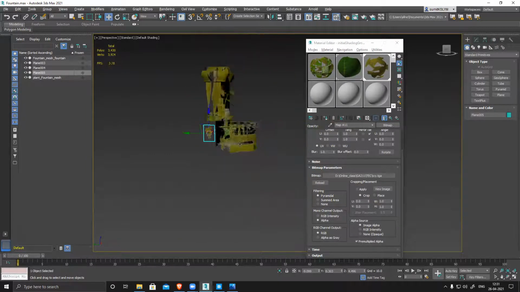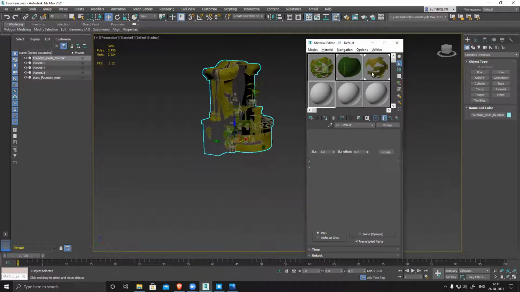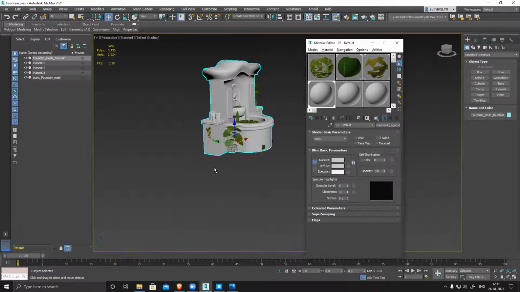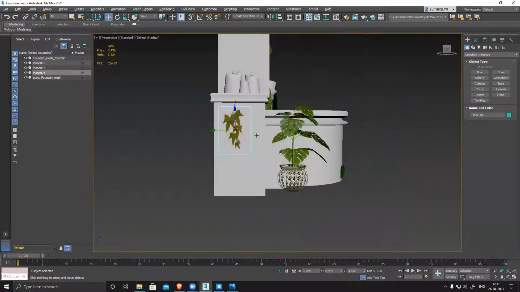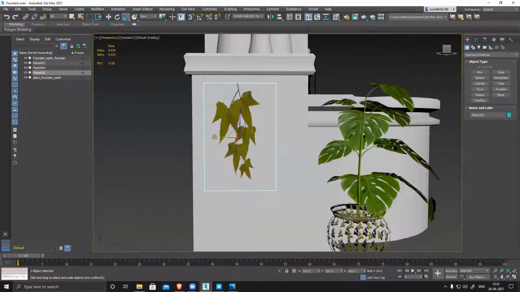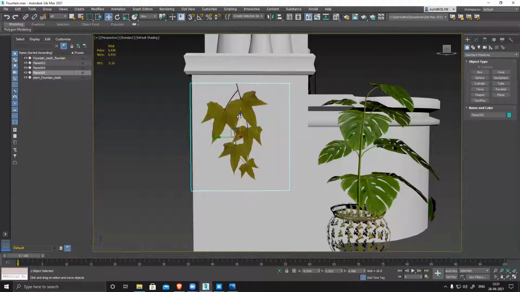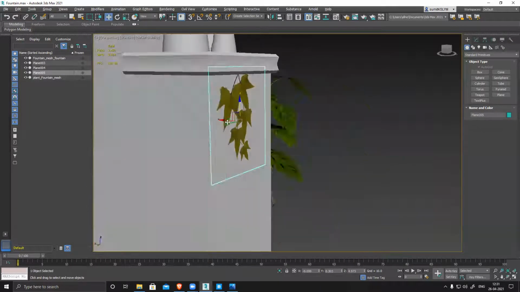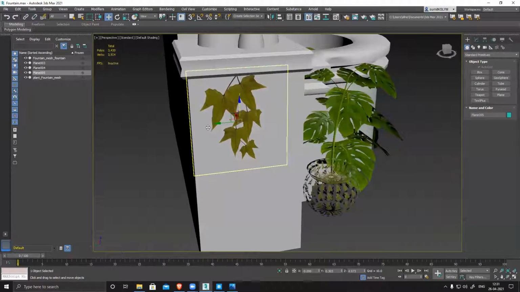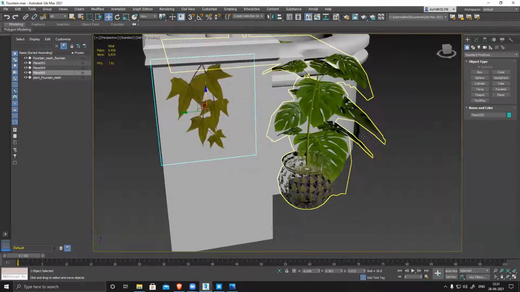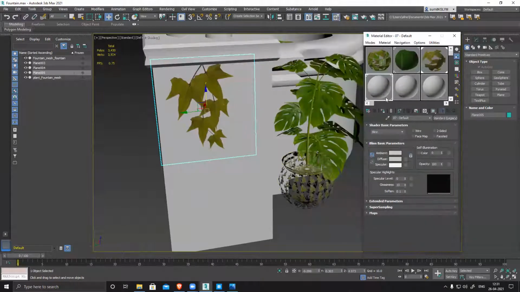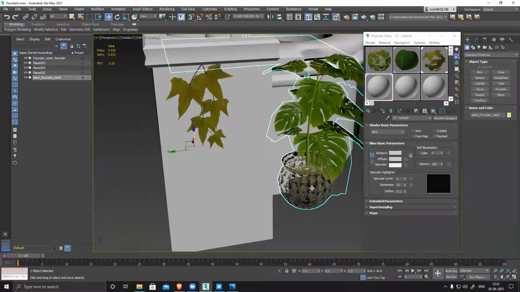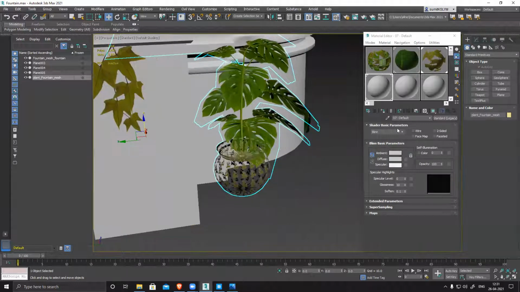So what happened here, you can see my base body has the same map applied. So I need to change it. Now I have this one. Scale it according to the alpha. So the clay pot is still not visible. Hmm. So for that also, I'll select this one, same thing. And if I select this entire thing, you can see it's one solid object.